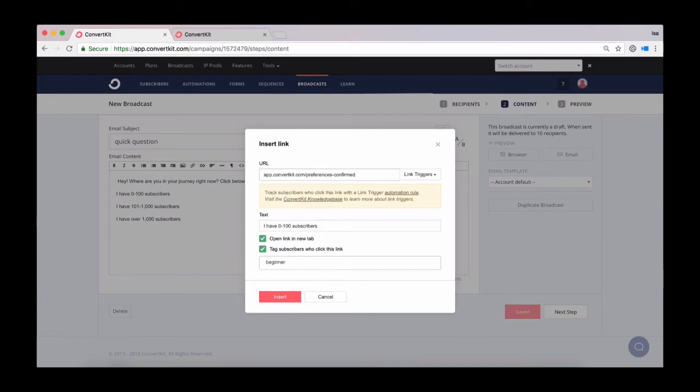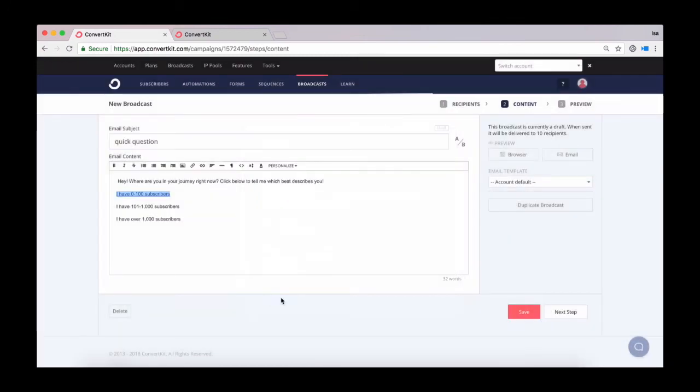Maybe that's the information I'm trying to find. You could also tag them as 0 to 100, whatever helps you remember. They are not going to see this tag. So this is for you to know who they are and what relevant messages you could send to help them. So I'm going to insert here, and now anyone who clicks this link, they will then be tagged as a